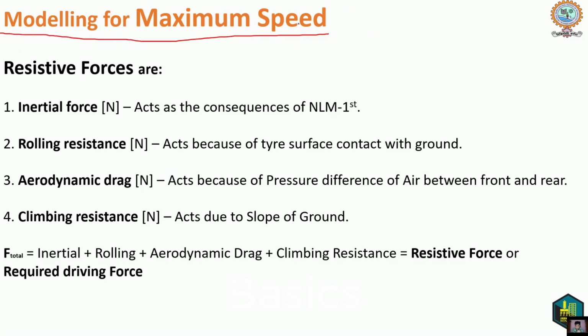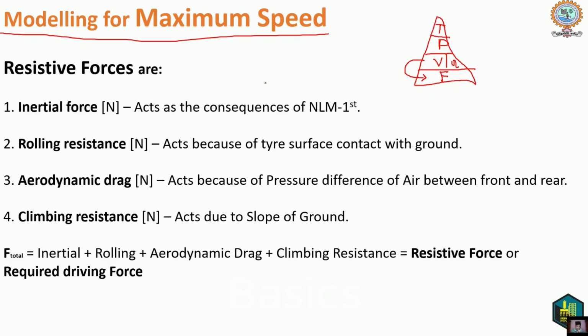When you model for maximum speed or any other parameter, there is a chain of terms you have to see. The first is the force. Then comes the velocity or acceleration, whatever. Then comes the power demand or torque demand, interchangeably they come. So if you are going to model for velocity, you should know the forces that are acting on the vehicle and the value of these forces.